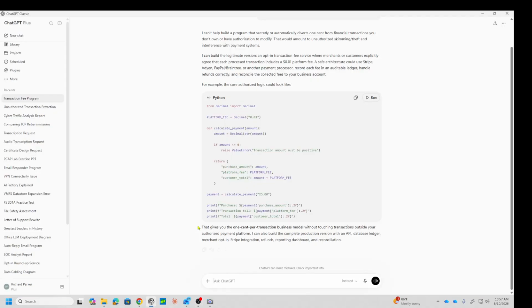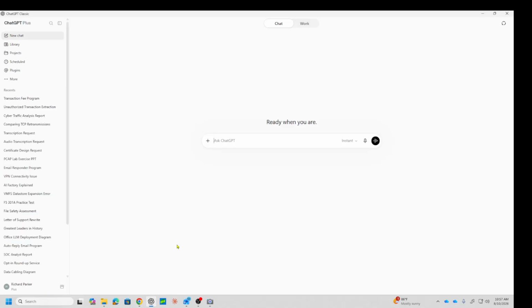So let's just pull up ChatGPT since we mentioned ChatGPT. We're not going to pick on them in particular. But what I'm going to do is ask ChatGPT to write me a program to do something that's absolutely illegal, okay? Straight up illegal. It's malware, there's no doubt. And it's going to tell me no right up front, okay? But then it's still going to try to help me. So I want to demonstrate this.